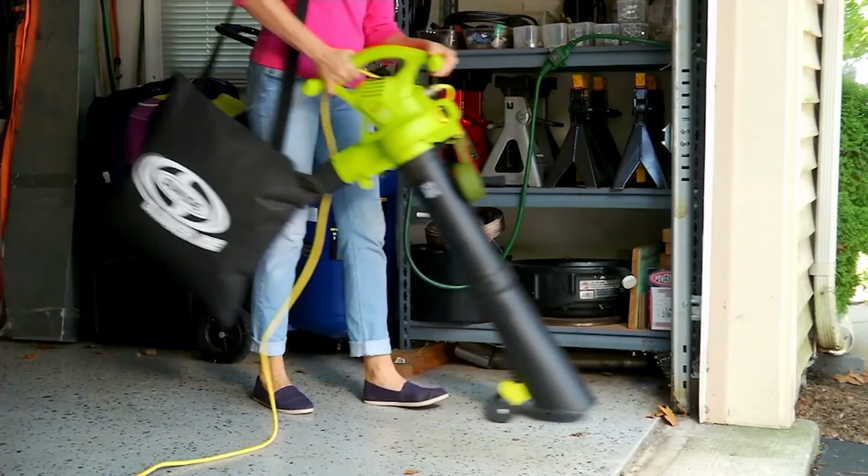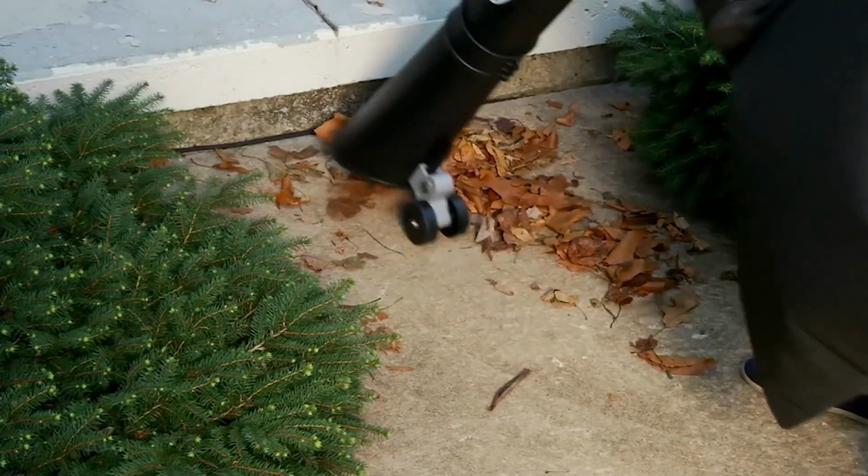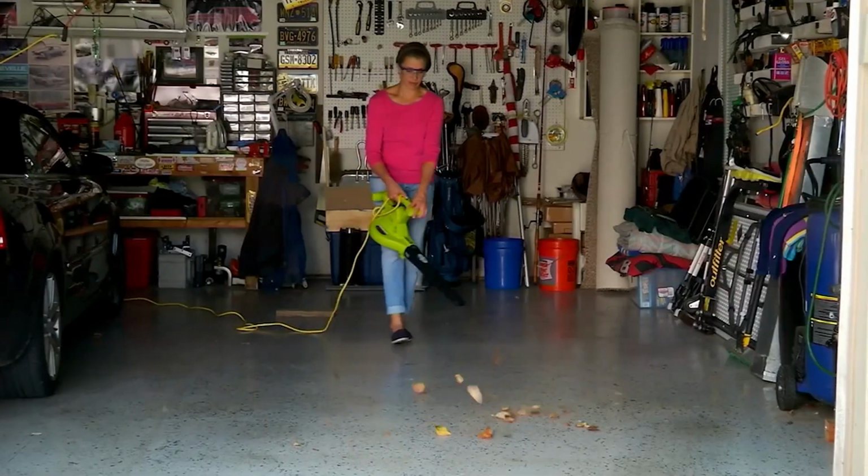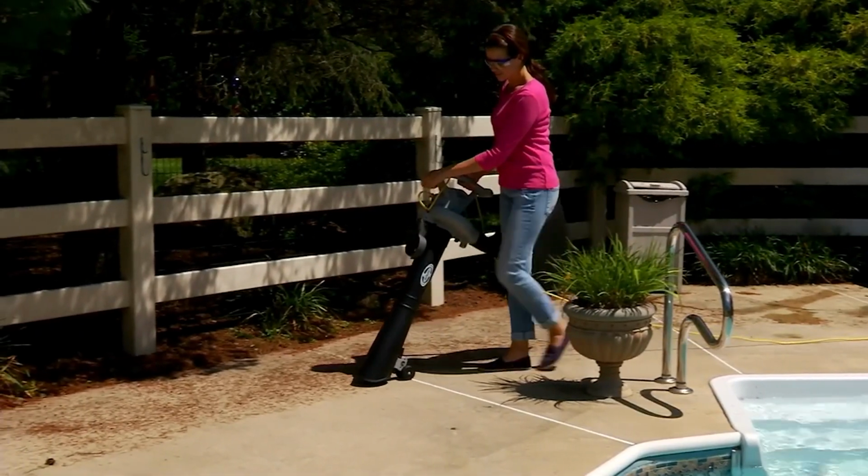So not only do you get the gutter kit, it's a mulcher and a vacuum. Do you know what you could do with all that extra mulch and things that you just vacuumed up? You use it to fertilize your garden. How awesome is that? And it's a leaf blower, which, Scott,